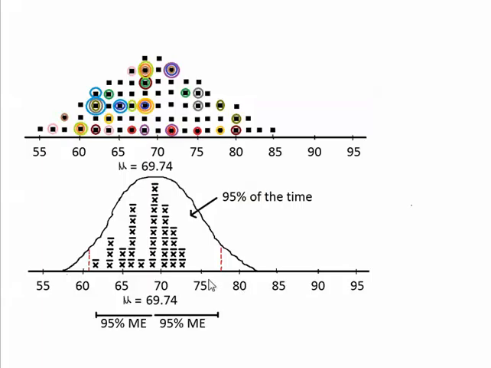Before we move on, I wanted to tell you what affects the size of the 95% margin of error. When the sample size is larger, the 95% margin of error will be smaller because when you're using a bigger sample size, then the sample means are closer together and they fall inside a narrower area, which means that